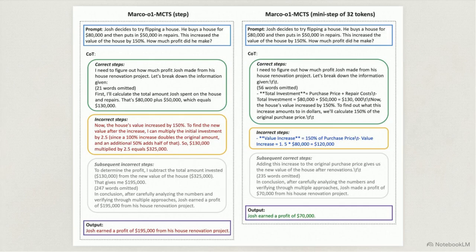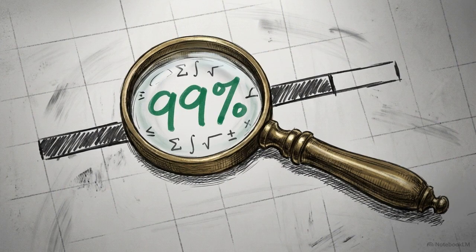We also set the action granularity, the amount of text generated at one time. Here, a full reasoning step misses a nuanced calculation error. By constraining the action unit to smaller 32-token mini-steps, the model catches these errors earlier. Combining these mini-steps with the confidence scoring formula allows the model to validate its own logic at a microscopic level.